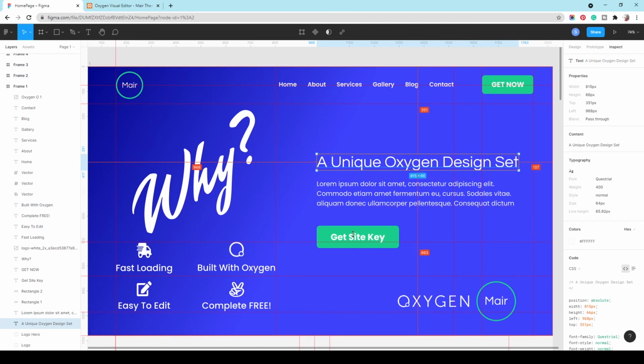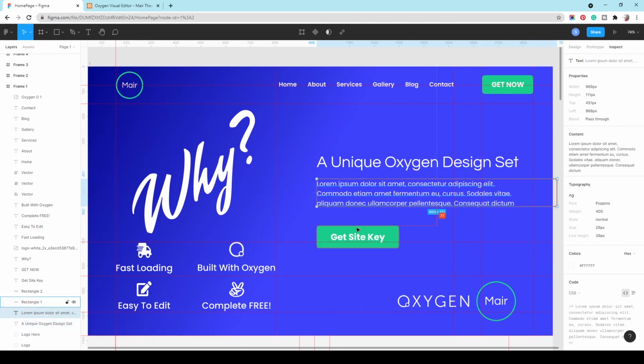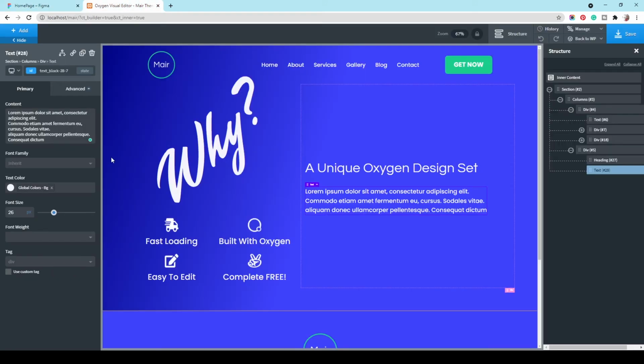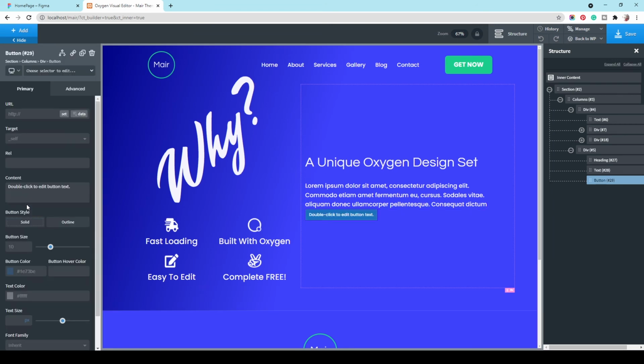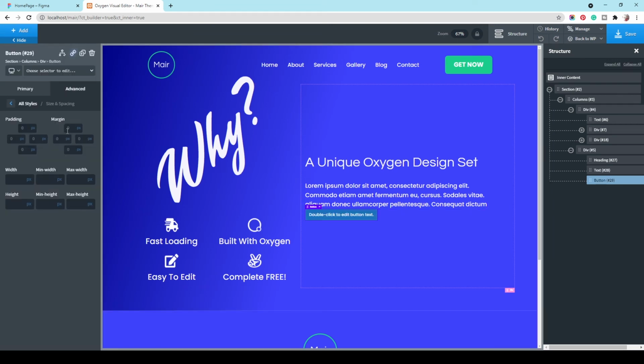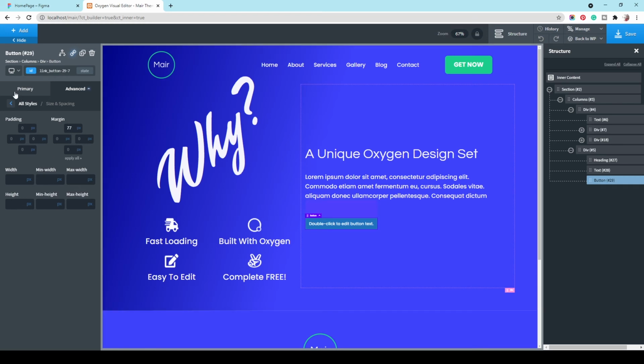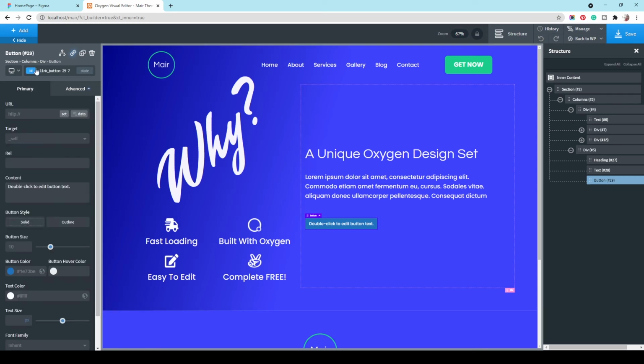Now let's add another element, which is the button over here with a margin of 77. Okay, so let's go at the bottom. Give it a margin of 77. And because we're going to use this button again, let's just add here get site